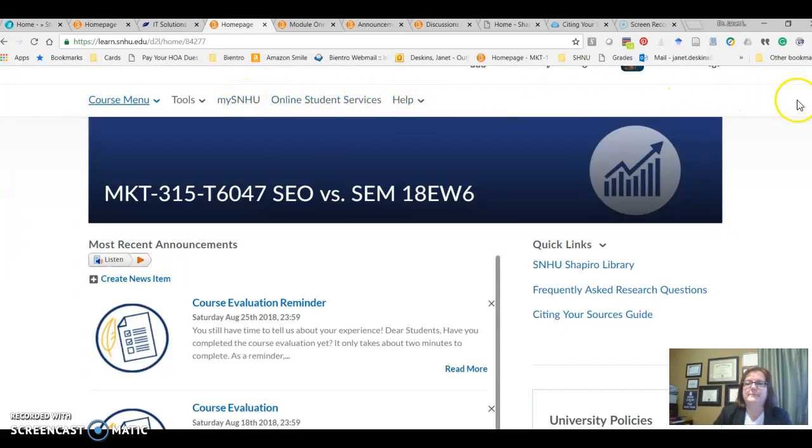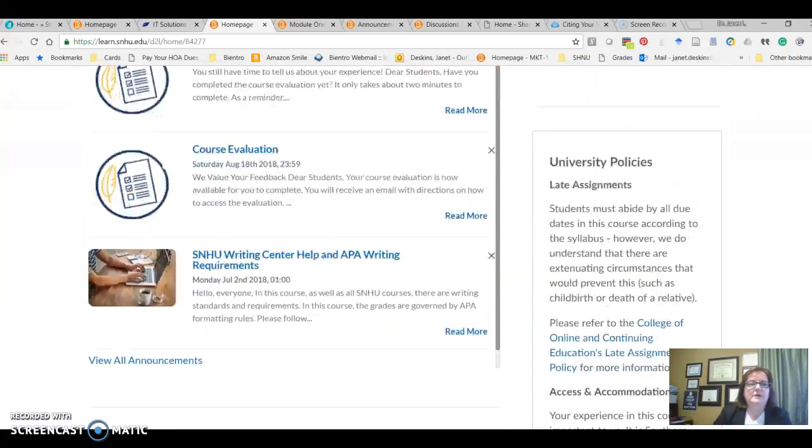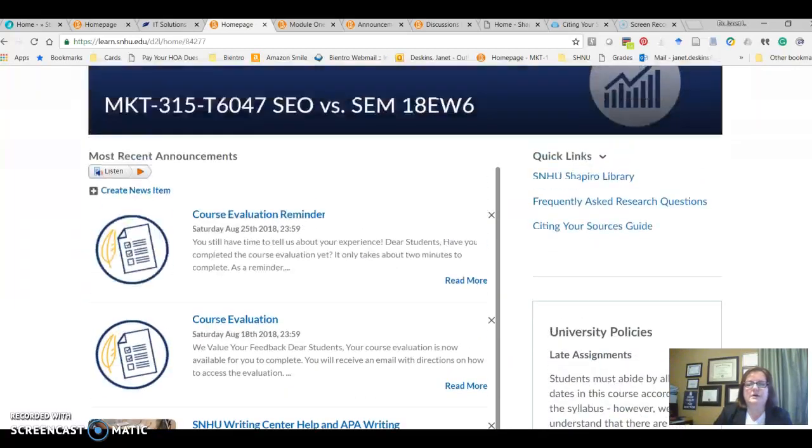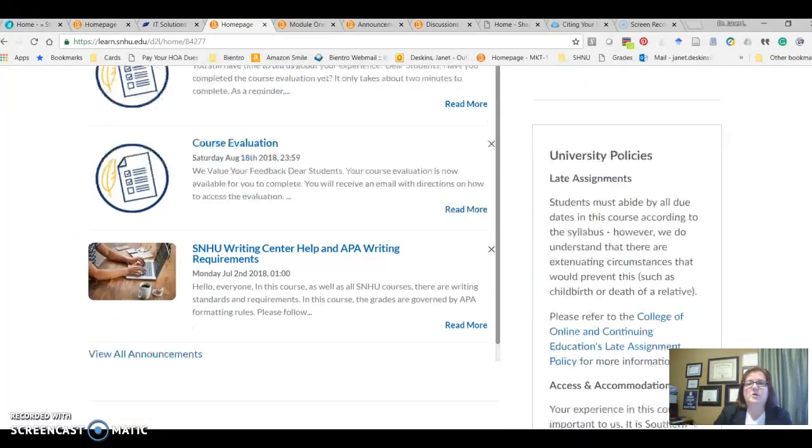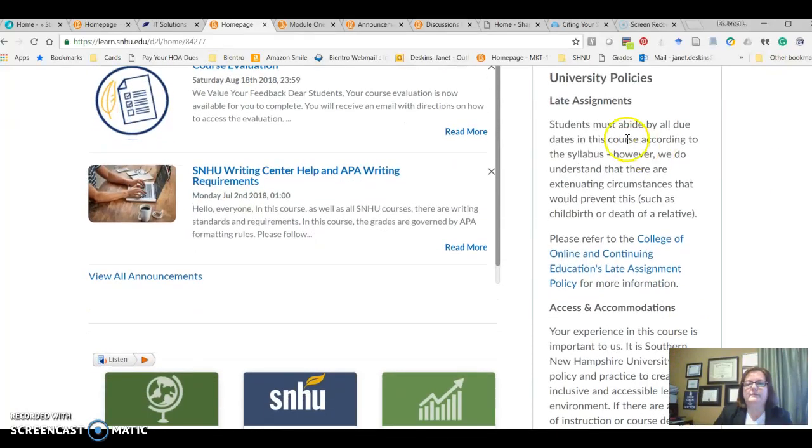There's a help area. This is just a brief snapshot of things that go on throughout the course. You have your university policies, late assignments. I cannot stress enough that you need to please pay attention to the deadlines that SNHU has. It's pretty much a university-wide, across the country set standard.